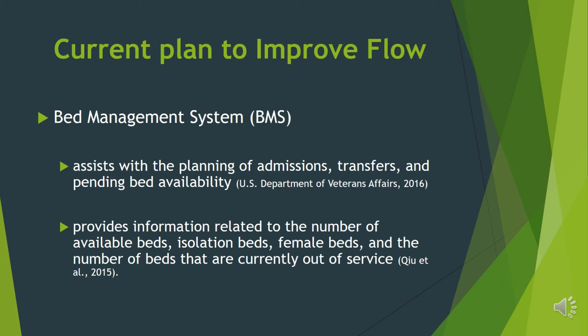Currently, there is no process directed specifically at improving the flow of the hospital and decreasing congestion when there are boarders. However, in 2010, the Veterans Health Administration implemented the bed management system into the VA system, which is supposed to enhance communication between departments and facilitate patient flow. The bed management system is just a computer system that is a way of nurse managers and charge nurses and the bed control staff communicating to let everyone know when an admission is coming in, when a patient's being transferred to a different department, and what beds are currently